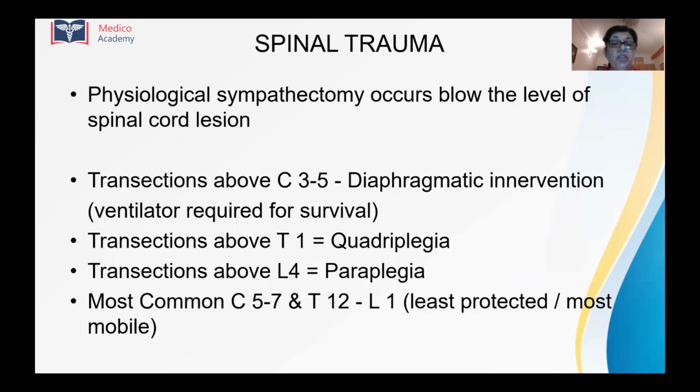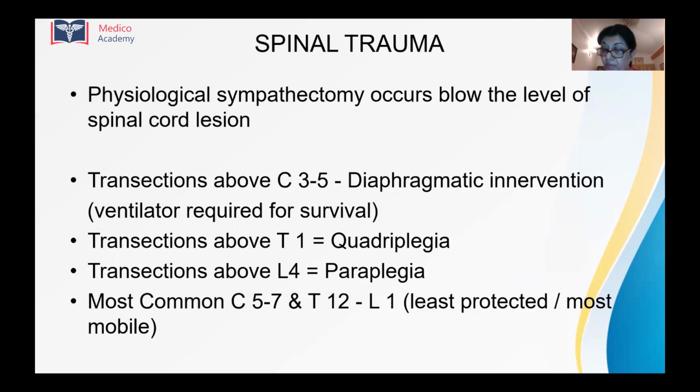Transection above C3 to C5 involves the diaphragm, so a ventilator may be required for survival. Transection above T1 causes quadriplegia and transection above L4 causes paraplegia. The most common sites are between C5 to C7 and T12 to L1 because they are the least protected and